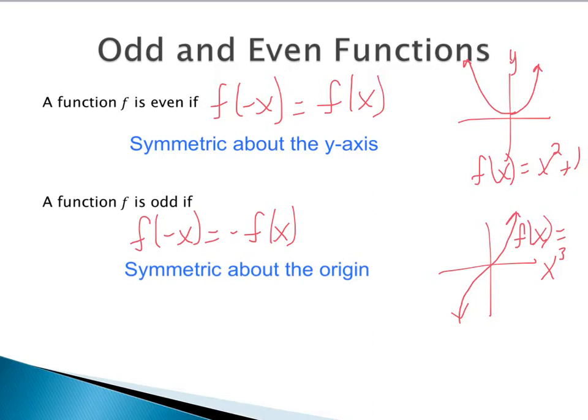But it's also important to know how to do it algebraically, which is showing using this function notation of f of negative x. Also, because if we don't have a polynomial, this would be pretty much our only way to illustrate, other than graphing it, that the function is odd or even. So something like the absolute value of x would be hard to show if it's odd or even, since there are no exponents in it.